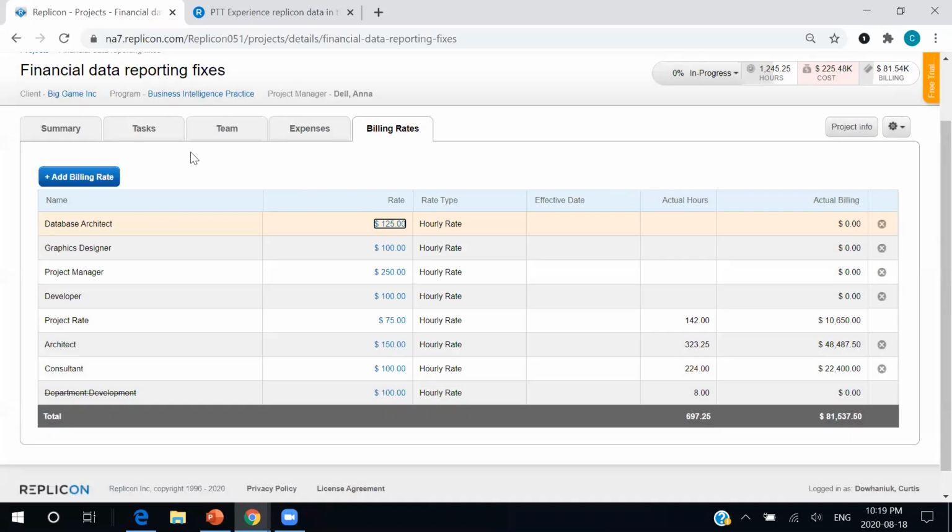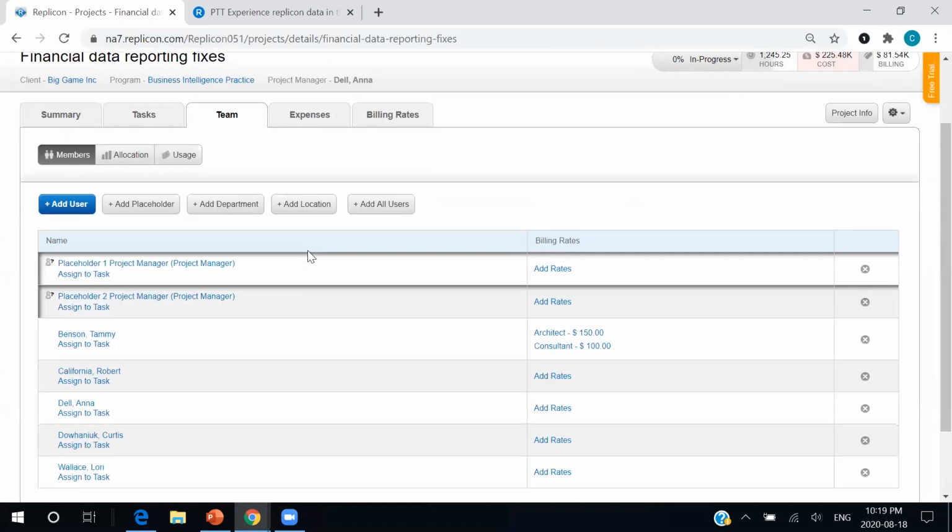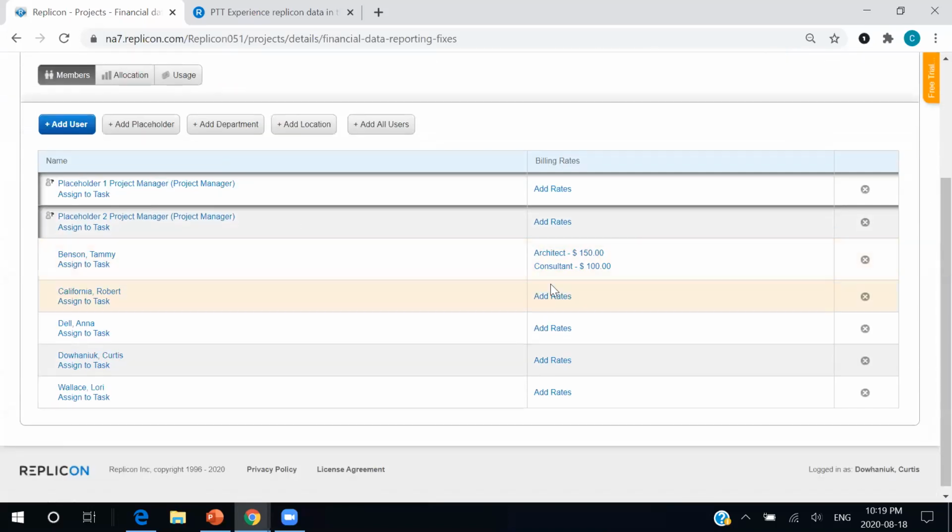But when we are ready, we can hop back to our team tab, and we can actually assign these to each individual user. And these users will only be able to log these billing rates that they have been given access to. So again, we are controlling everything that goes into the time entry flow so that we are not getting extraneous time entries or wrong time entries. We can ensure that every time entry is right, down to the very last second.